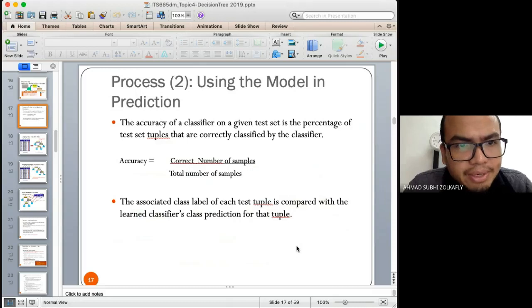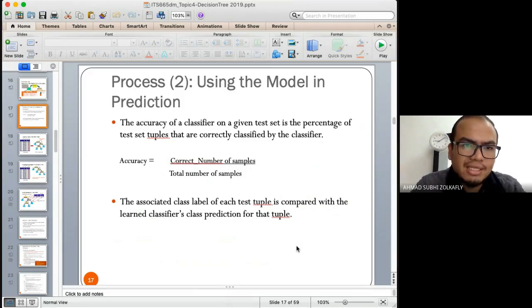Using the model and prediction, the accuracy of a classifier on the given test set is the percentage of test set tuples that are correctly classified by the classifier. If you want to measure accuracy, it equals the correct number of samples divided by the total number of samples. For example,